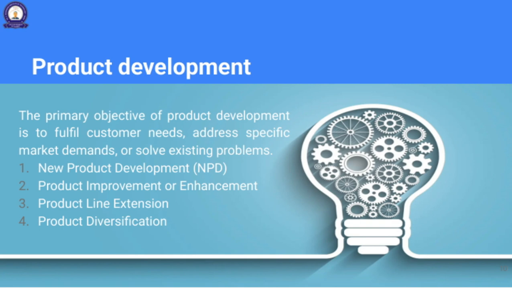But it's not just about new products. It also includes product improvement or enhancement, which means making existing products better, adding new features, improving quality, or increasing efficiency. Then there's product line extension, where we expand our offerings within an existing category, giving customers more choices. Product diversification is another strategy, where we venture into new markets with different products, spreading our risk and exploring new